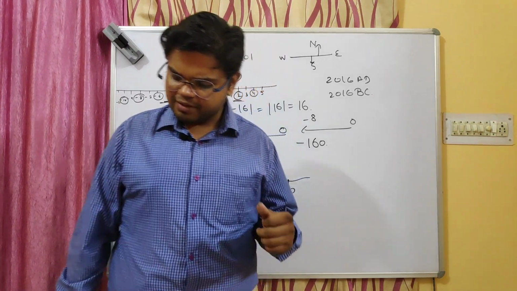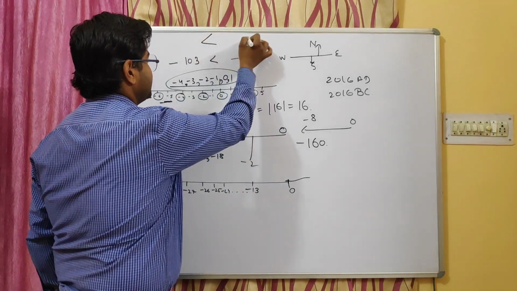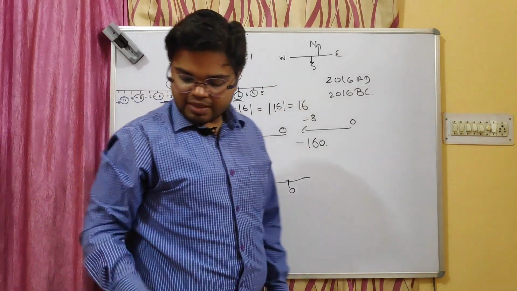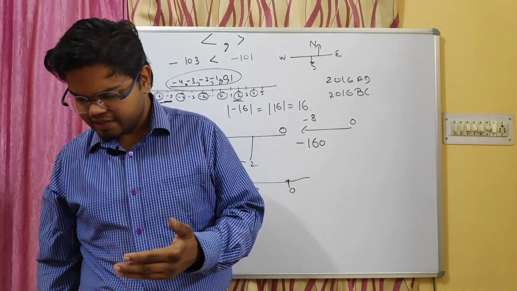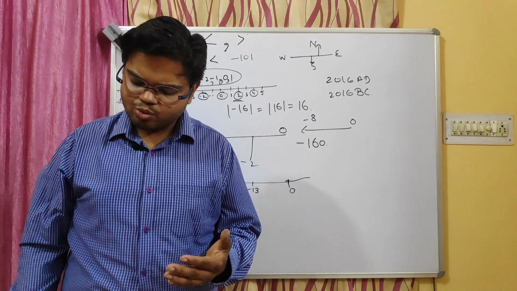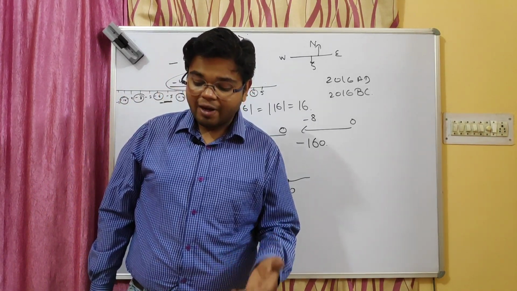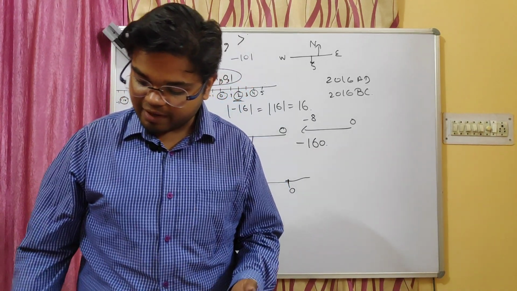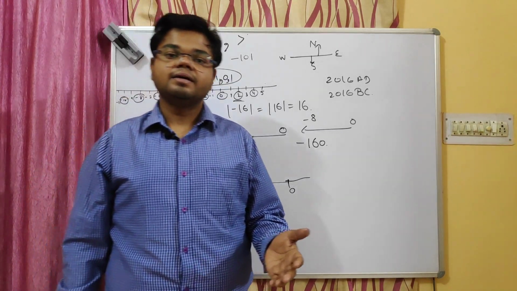You have to put the symbol greater than or lesser than. What are the symbols? Greater than and smaller than. You need to answer here 8 blank 3. So 8 is greater than 3, 0 is greater than minus 7, minus 12 is smaller than minus 8, 1 is greater than minus 6, minus 43 is smaller than minus 34, minus 256 is smaller than minus 210, 25 is greater than minus 37, and 100 is greater than minus 100. Just do them in your textbook only.